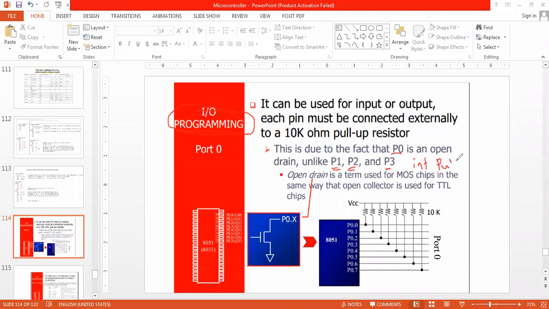You know the concept of pull-up register. Even in the first module we have discussed the ports. Whereas for the P0 port, in the hardware we have to use external pull-up registers.